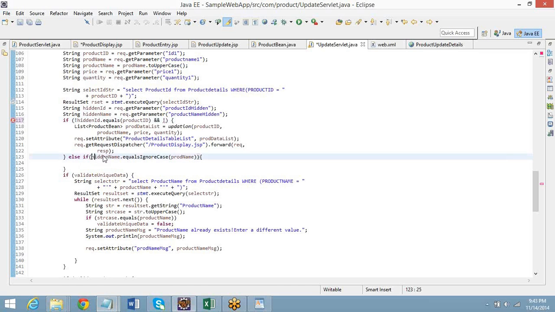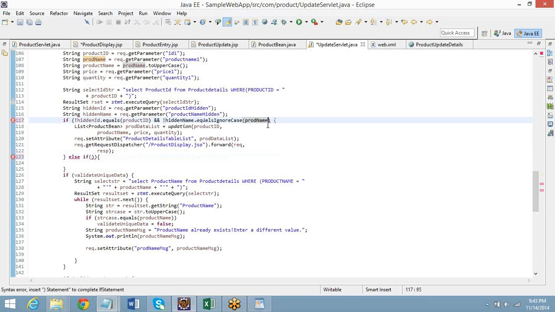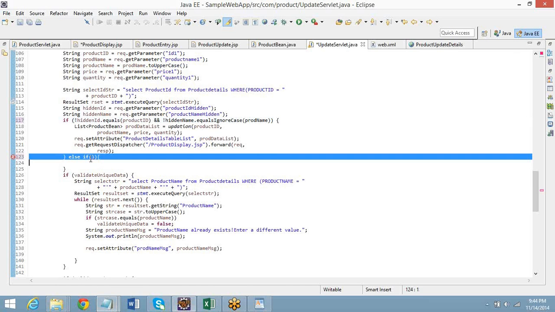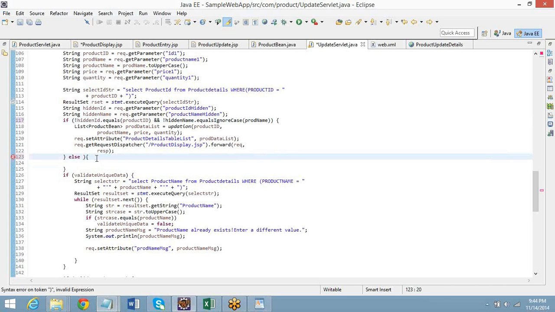Cut the line, cut it. You don't need to select that way. Okay, good. Double click it. Now, remove this if condition here. Only keep else, no if condition. Only keep else.